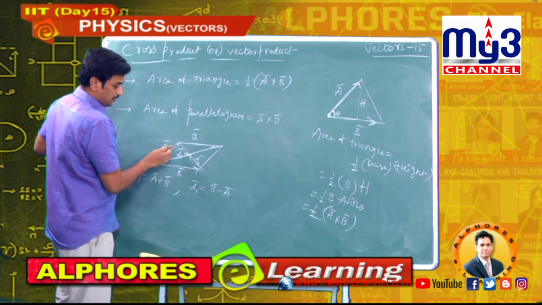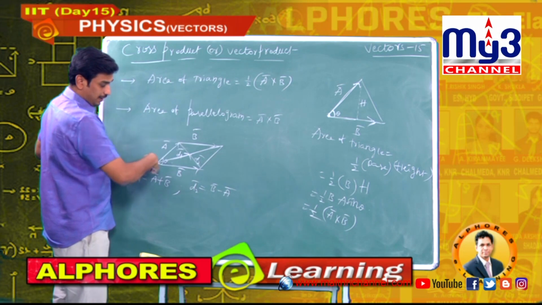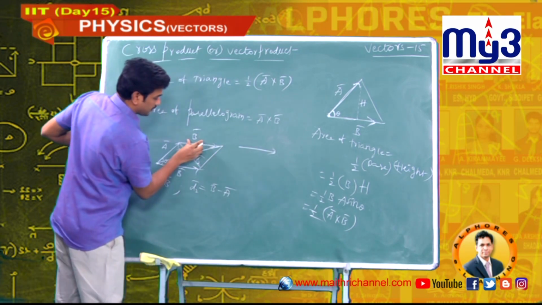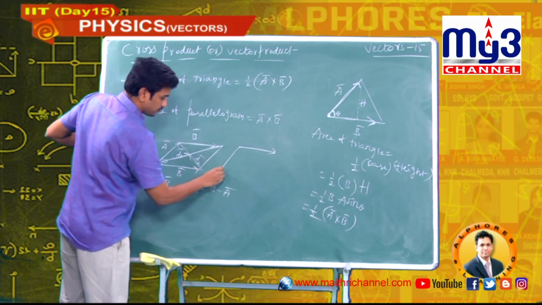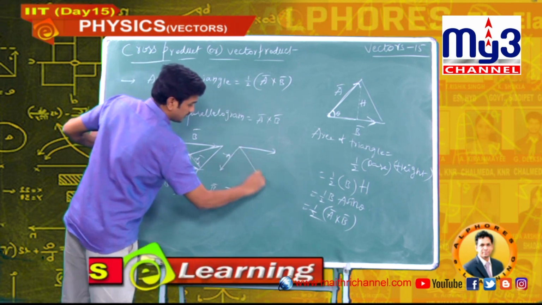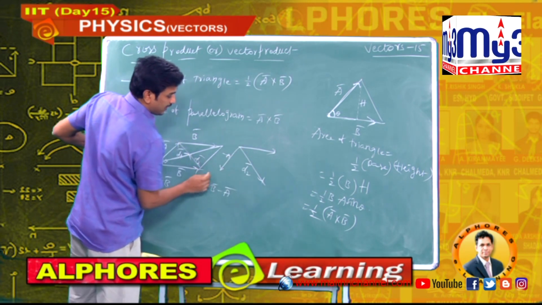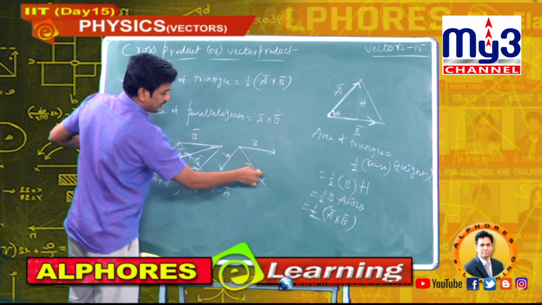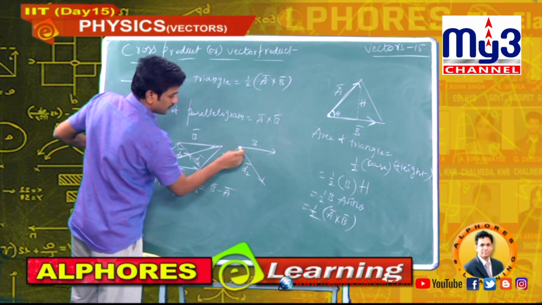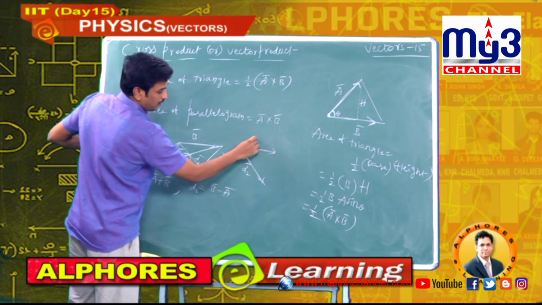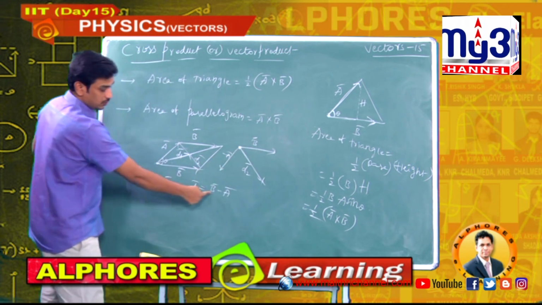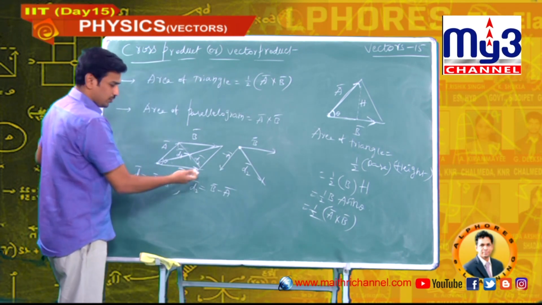Parallel B bar. Now can you reverse this? Minus A, B bar as it is. Can you reverse this? Minus A. The resultant is D2 bar, that is B bar minus A bar. Two tails, resultant is B bar minus A bar. That's what I did here. Already you know that point.